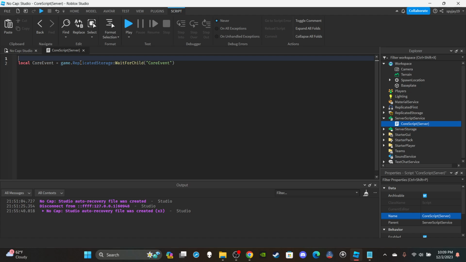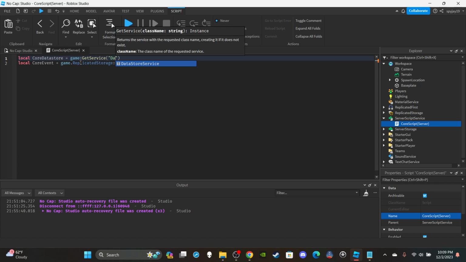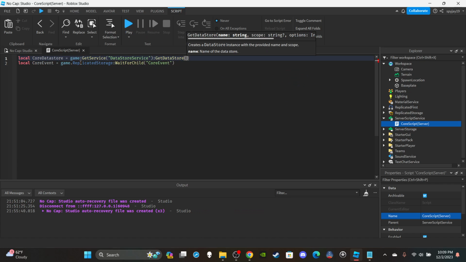I'm going to get the core data store first. I'm going to say local core data store, because there's a lot of data saving. So it's equal to game:GetService("DataStoreService"):GetDataStore("CoreDataStore"),